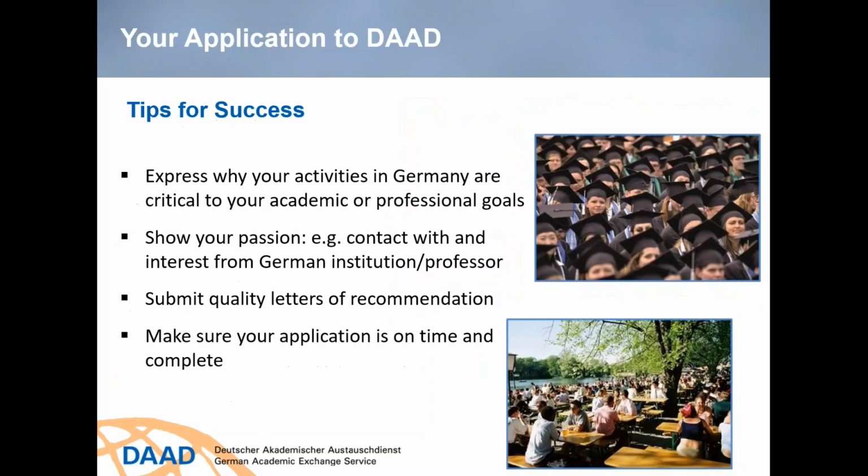Now we're going to spend a little time talking about how you can improve your chances of receiving DAD support. So these are merit-based adjudications. We try to keep a ratio of approximately 1 scholarship or grant to every 4 or 5 applicants, and generally speaking, we're able to do that. But we receive applications from highly qualified individuals, generally speaking, and so anything that you can do to help set yourself apart is definitely worth doing.